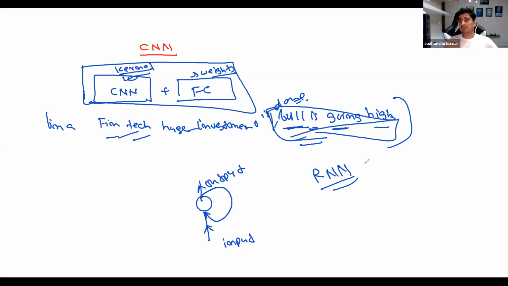So these are the variants of the RNN, but the purpose is again the same. I will not just give you the output. I will also store some of the context of the output, which I'm going to utilize for giving you a new outcome. Now, inside this, another thing comes into the picture, which is called a sequential model.